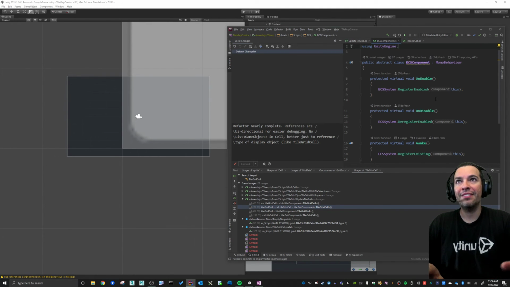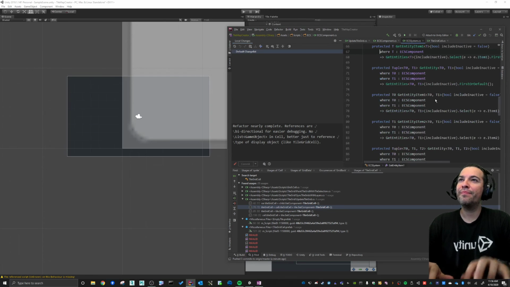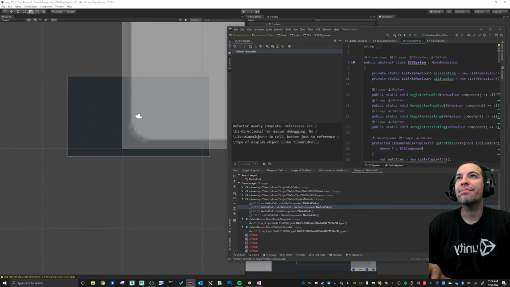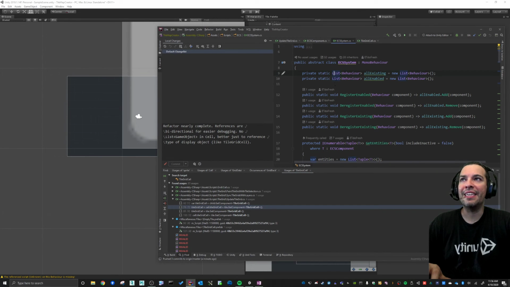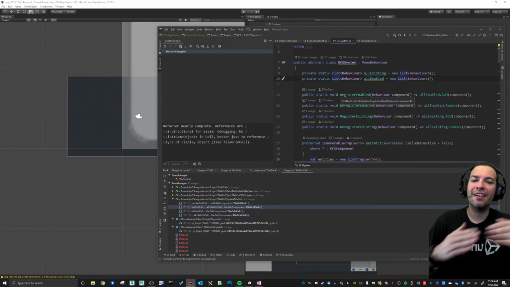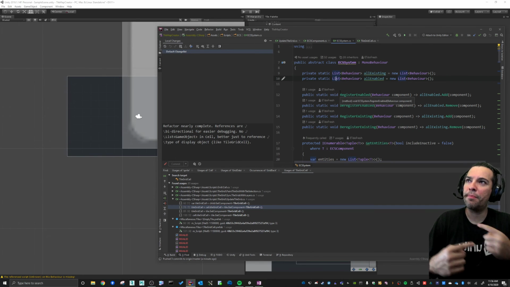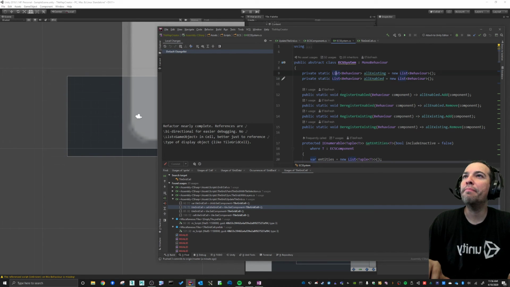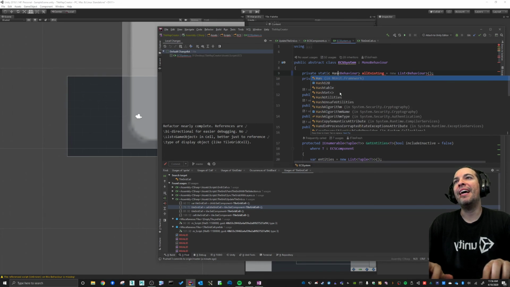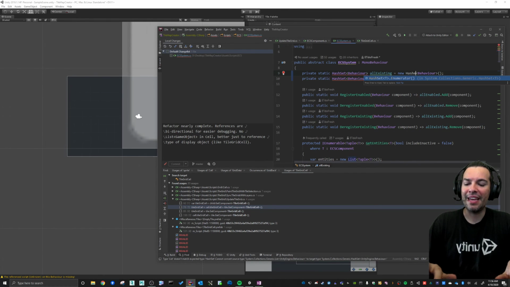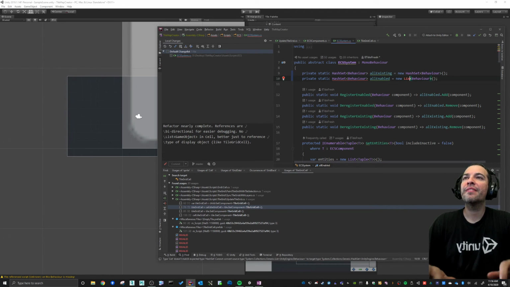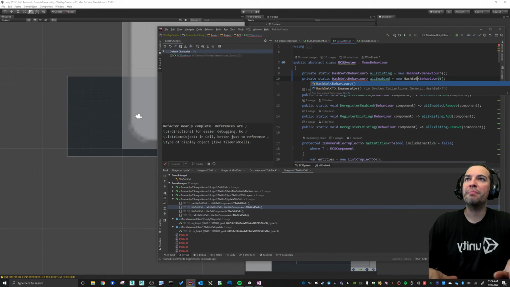No, our system is using lists, and lists are great for arrays, but if you're going to do constant lookups on them, it might be better to make this a hash set, but it may have some unintended consequences. So we'll have to look at that. This might just be a quick